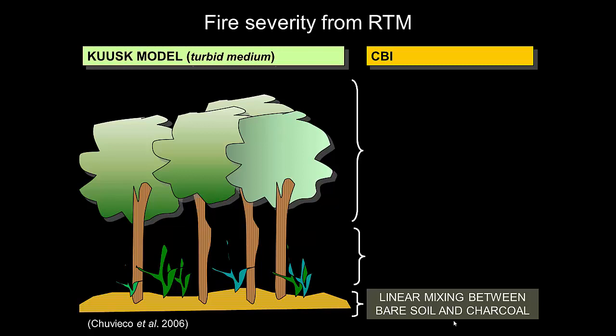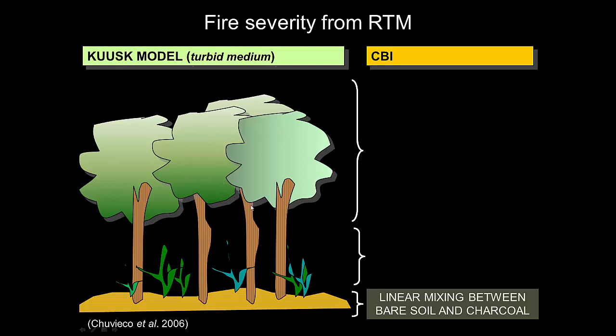Fire severity, like the vegetation moisture content that I presented in the previous video, can be estimated using traditional empirical methods where remote sensing is statistically compared to field observations, or it can also be estimated using radiative transfer model inversion techniques. For this latter, Chuvieco and collaborators used a well-known radiative transfer model called the GeoSail model,